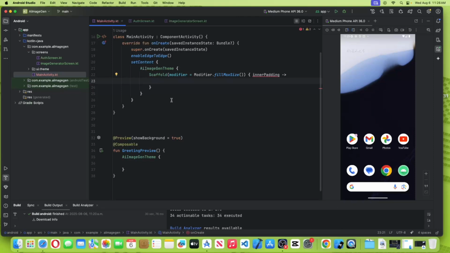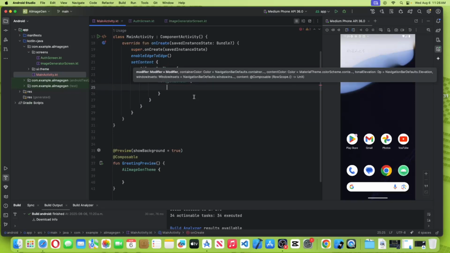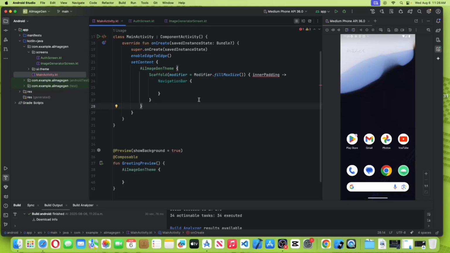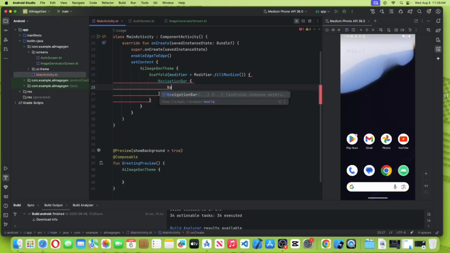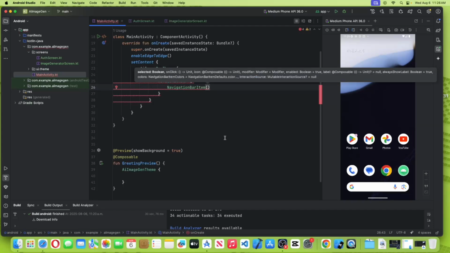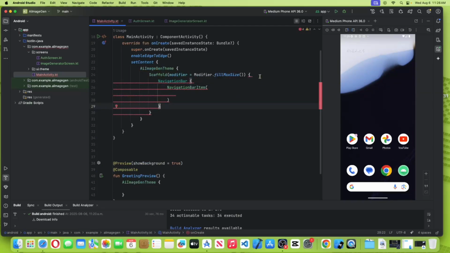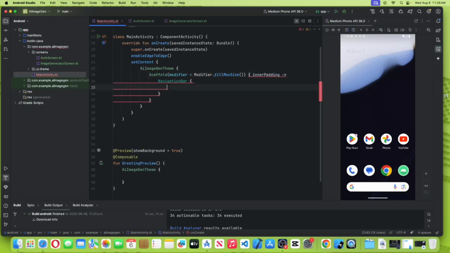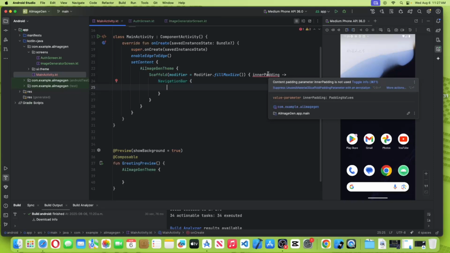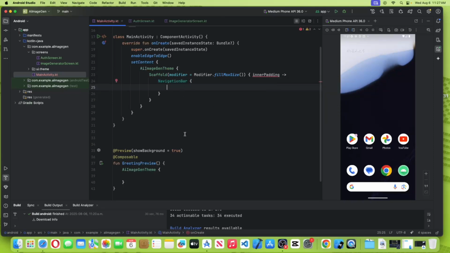So over here we can see navigation bar, and the navigation bar item, and that will be